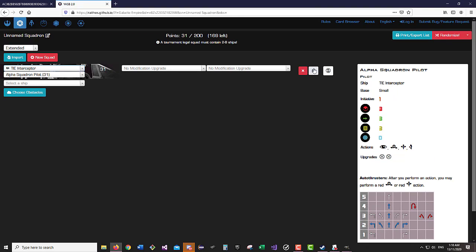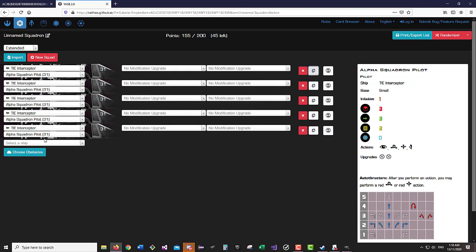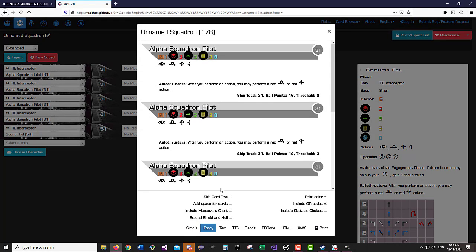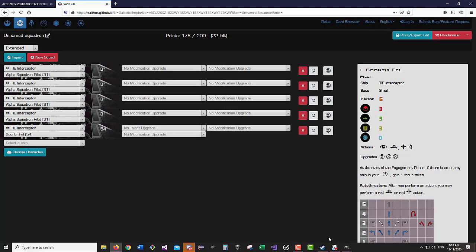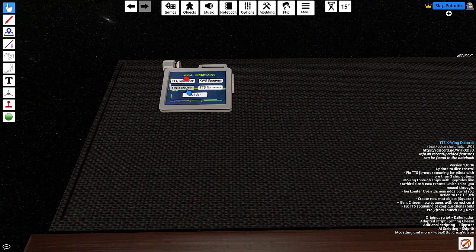Let's say we've got 1, 2, 3, 4. We better have Signature in there. 5. There we go. Cool. Look at that Chad list. Obstacles for the week. Let's go for TTS. Okay. Control A, Control C. Now, if I was going to use the TTS spawner right now and spawn this list,